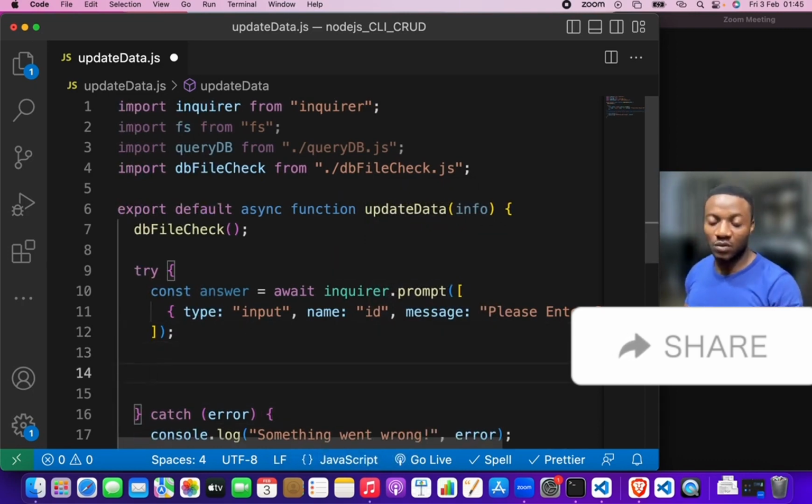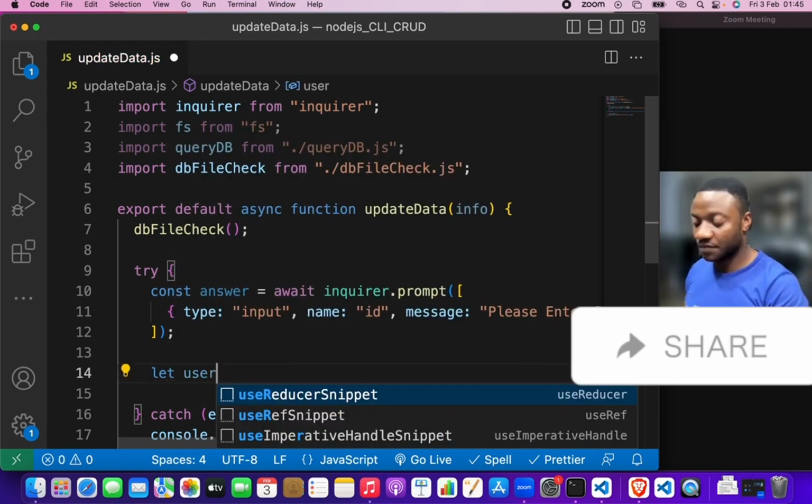Now, when we get this data, what we want to do is to loop through whatsoever we have in our database and see if we have that data. If we have that data, we'll keep it safe or hold it in a variable so that we can use it in a bit. So, first thing is, where do we intend to save the data that we'll get? So we'll just set